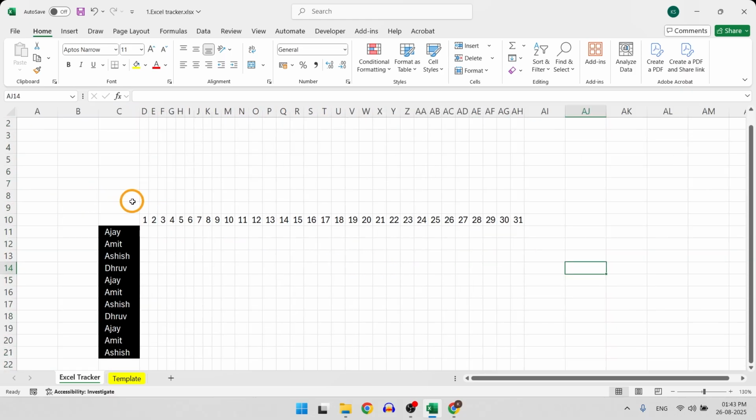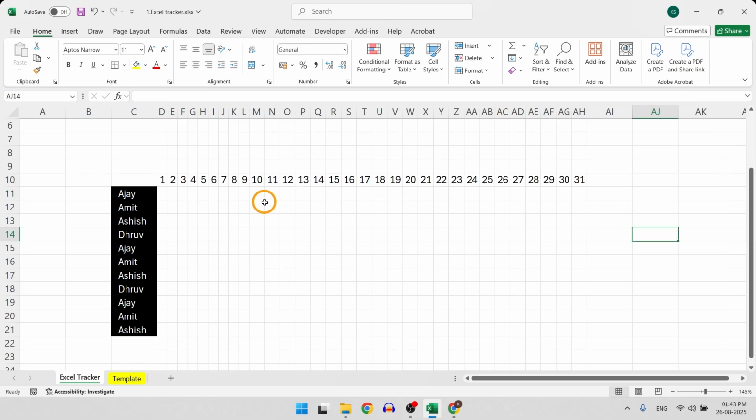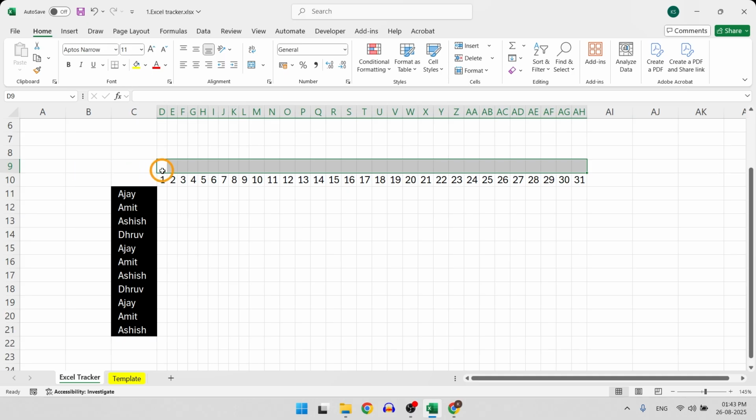So now the dates are showing as numbers. But wait, that looks confusing. What if we want day names like Monday, Tuesday right at the top? Let's add that.